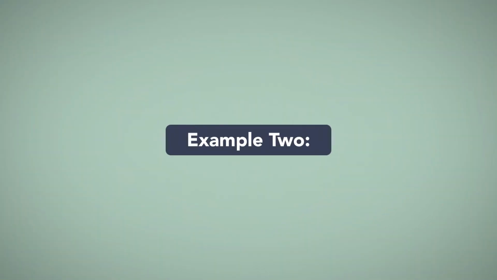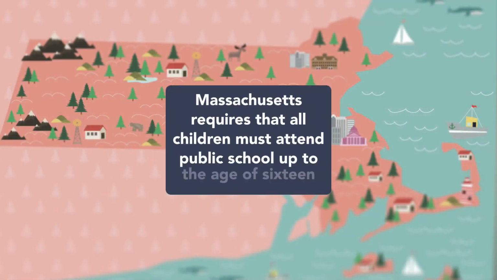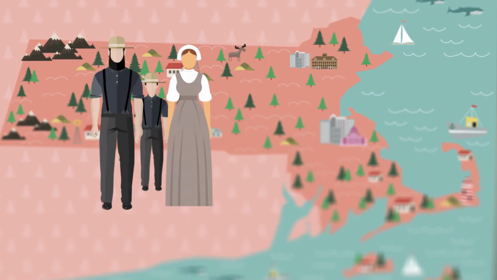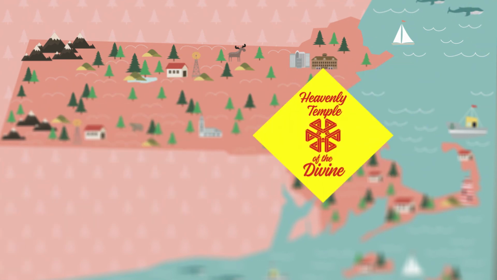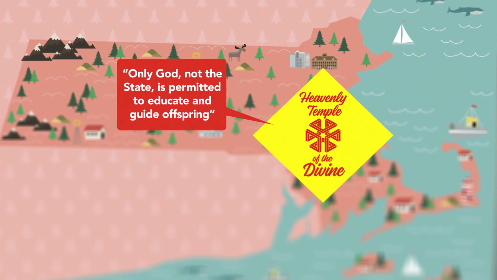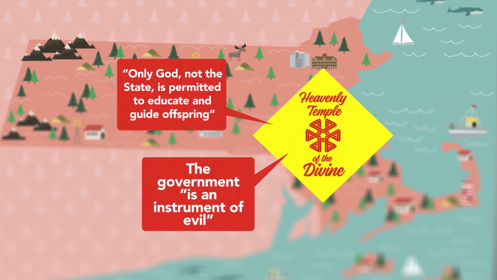Example 2. The state of Massachusetts requires that all children must attend public school up to age 16. However, Massachusetts exempts families of the Amish faith from this law because Amish doctrine provides that children are to be raised and educated in a manner consistent with the Amish's spiritual and religious doctrine. However, despite repeated requests, Massachusetts refused to exempt children of parents from the Heavenly Temple of the Divine, which professes that only God and not the state is permitted to educate and guide offspring, and that the government is an